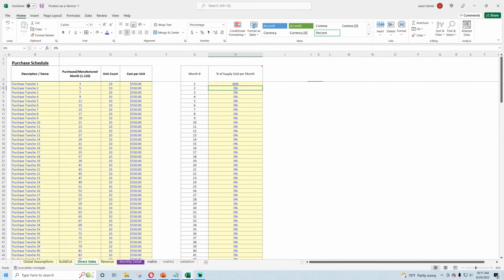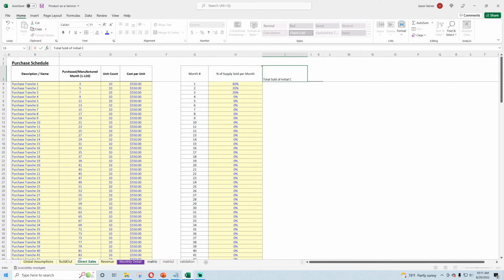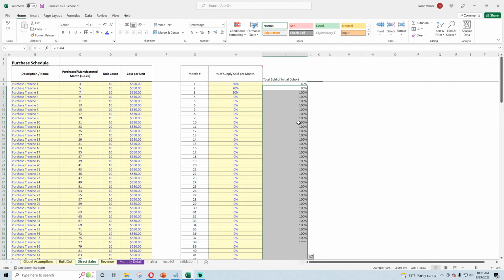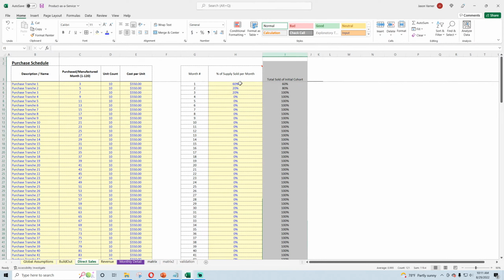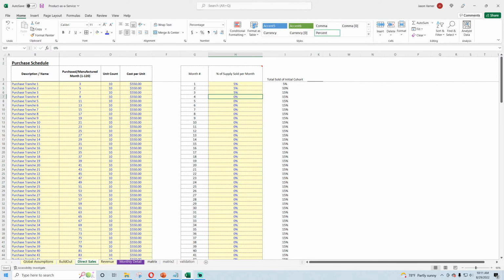And this should add up to 100, so you can go 60% of it, 20%, 20%. And this is a check for total sold of initial cohort. And who knows? I mean, the sales cycles could be different for all kinds of different situations. I mean, it could be 5%, and it takes you 20 months to sell inventory, so you don't buy it